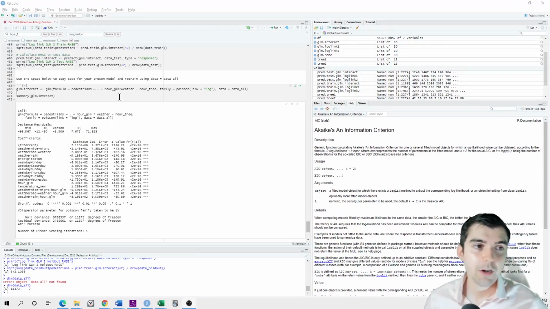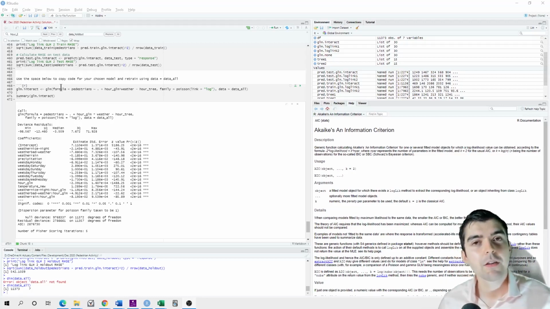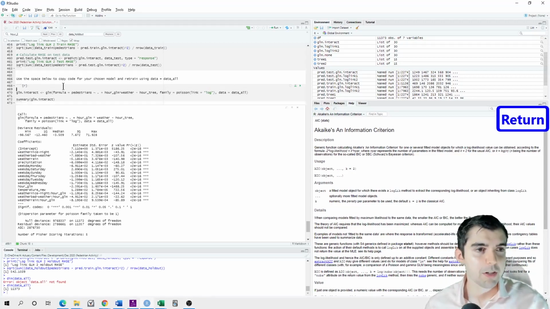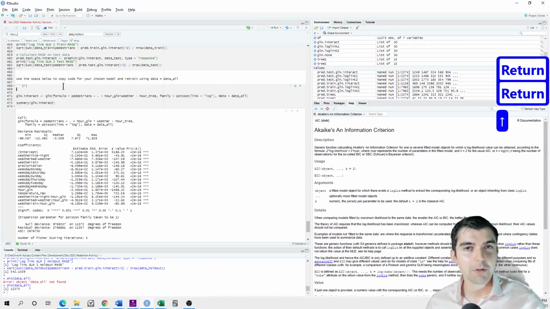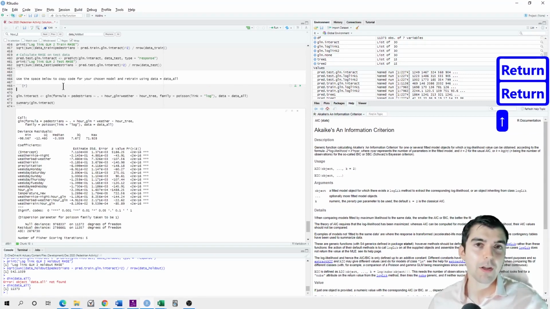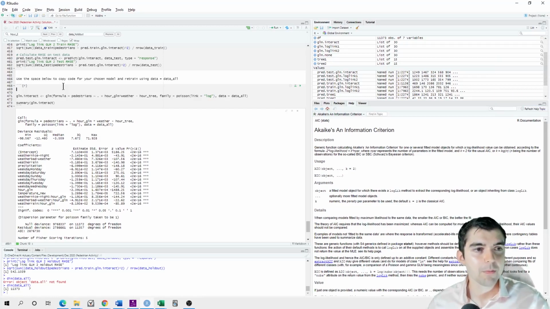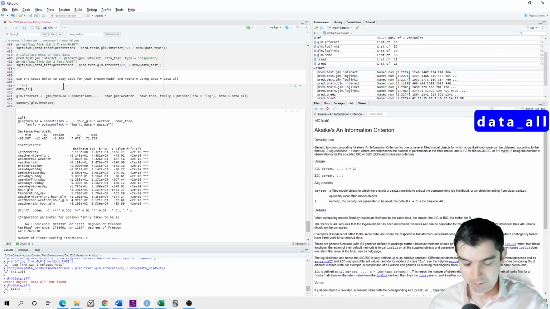So before fitting our GLM, it would have been ideal if we had set our reference levels to be the ones with the most observations. However, we didn't remember to do that. Don't worry, it's still possible to salvage part of an answer here. The way that I would do that is just take data.all